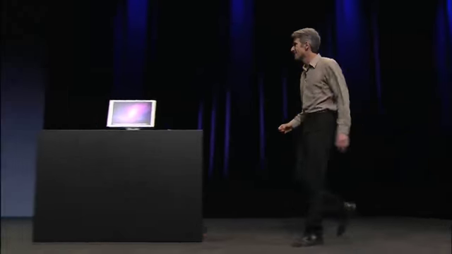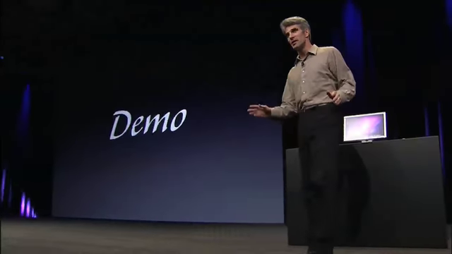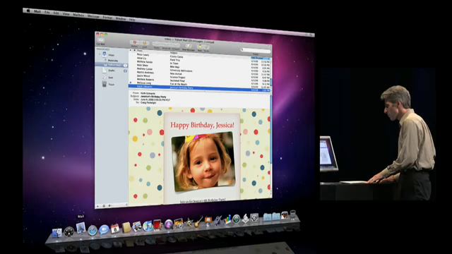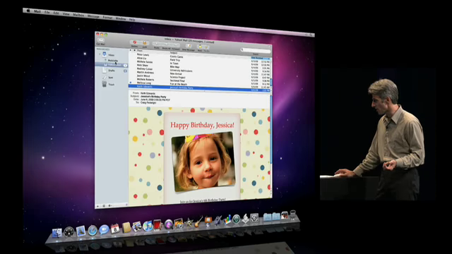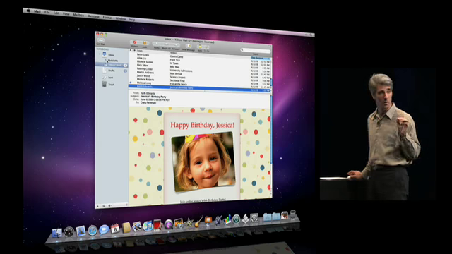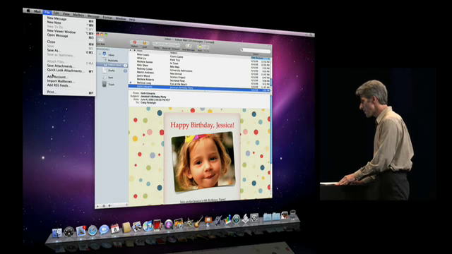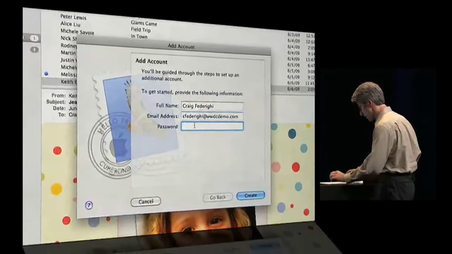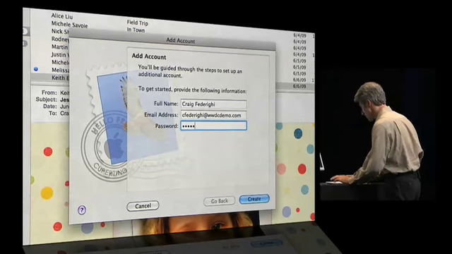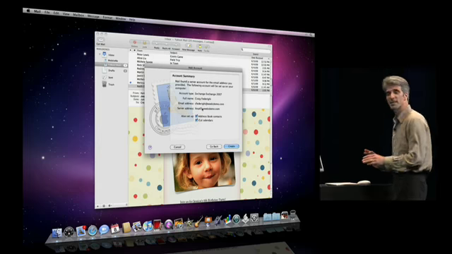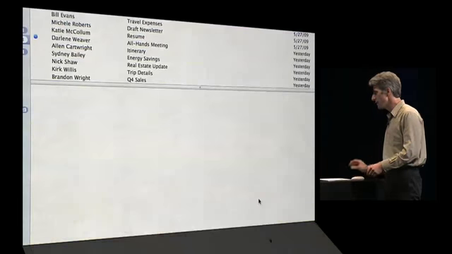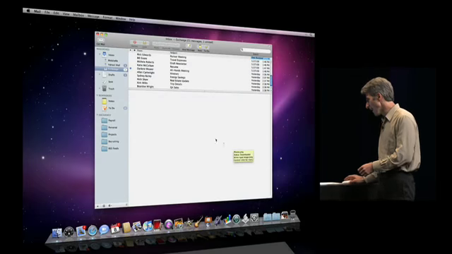All right. Well, let's see just how easy it is to take your Mac from home and hook it up to Exchange inside your company. So to start, I'm going to open up Mail. And you'll see I have my personal mail accounts already set up, MobileMe and Yahoo Mail. But now I want to connect to Exchange. So I'm going to go to Add Account. And mail's actually already defaulted my address from my address book, for my Exchange address. I'm going to type in my Exchange password. And just like that, mail has auto-discovered my company's Exchange servers. I click Create, and I'm integrated with Exchange. I have all my Exchange